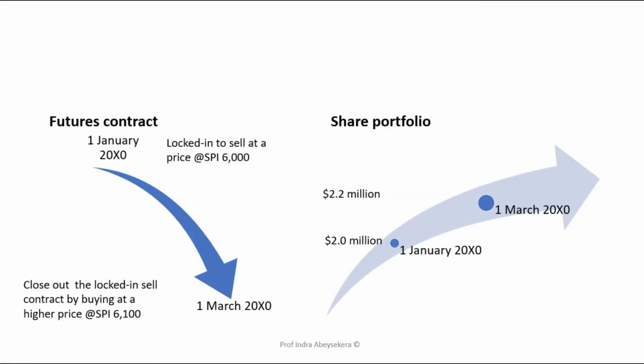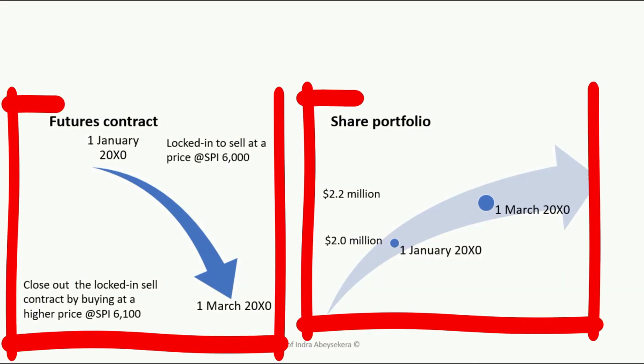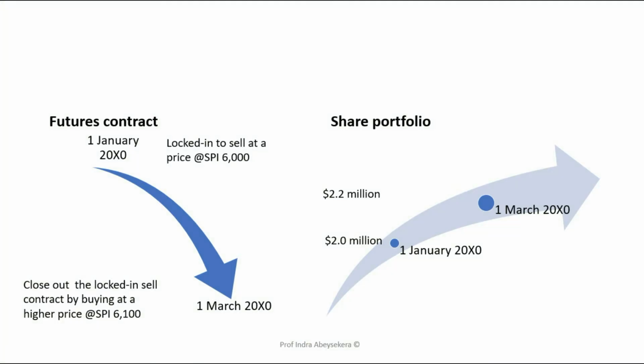Before we get to the journal entries, we need to acknowledge there are two sets of contracts here. The share portfolio is the hedge item. Futures contract is the hedge instrument. The share portfolio increased in value from 2 million to 2.2 million. The futures contract